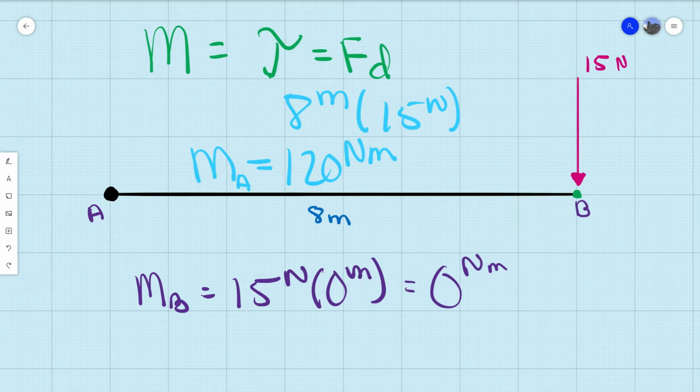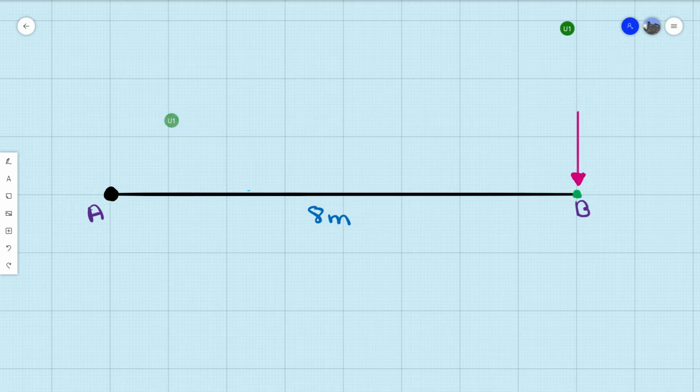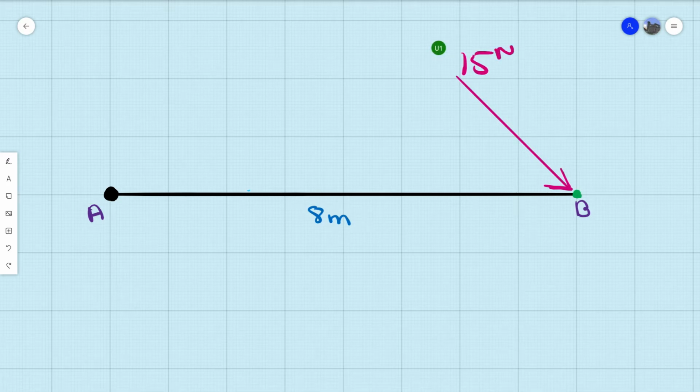Now that's what a moment is in its most basic application. In practice, your moments are going to be a little more complicated than this, and depending on what you are studying, you could go into 3D. This is a slightly different application. So let's say your force is applied diagonally. So this is still 15 newtons, but now it's applied at a 45-degree angle. That formula that I had written down, M equals force times distance,